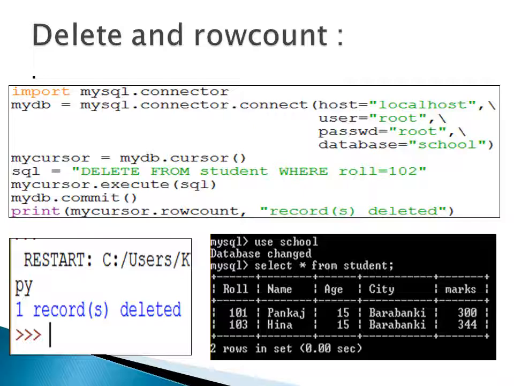Now here, while executing the query, we don't need to write the whole query. We can just use the name of the query, that is sql, and we can commit.